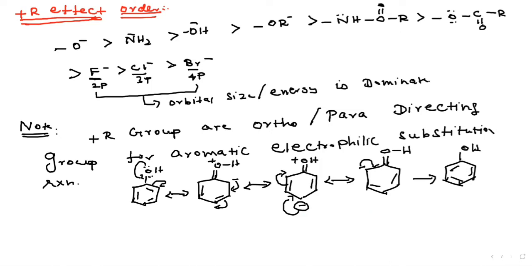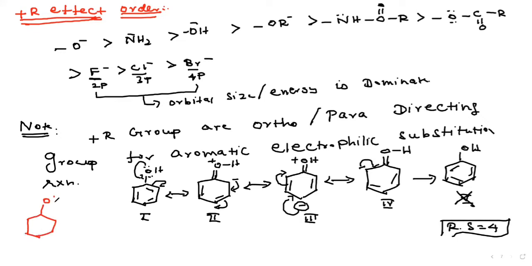Either you take the first or the last, any one. This is 1, this is 2, this is 3, this is 4. Actually 1 and 5 are the same. Therefore, how many resonance structures for phenol? The answer is 4, not 5. What is the main conclusion for this structure? We take phenol. Now see, just look at the charge around the phenol atom OH. Where is the positive charge present? Where is the negative charge present? Ortho position, right? Then this ortho, then again this para, right?